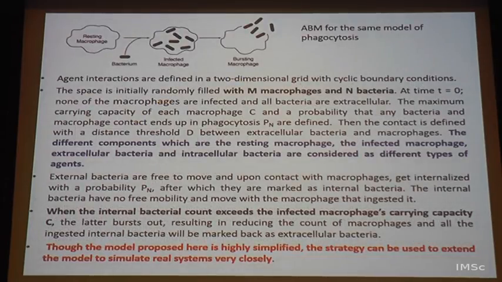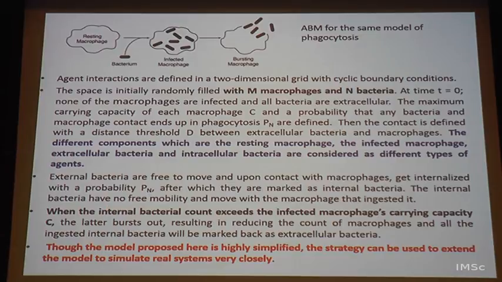So now again, this is for a simulation for an infection situation. You have a resting macrophage, infected macrophage, bursting macrophage, same situation, the same model of phagocytosis. I won't read out the whole thing, but you can define contact with a distance threshold D, how far should that be, which is actually capturing whether a molecule on the pathogen interacting is physically recognized by a molecule on the host cell. So in what range of interaction is it present? So it's contact, which depends on the time and how fast it is allowed to move within the cell and so on and so forth.